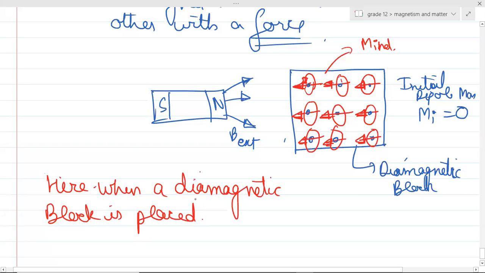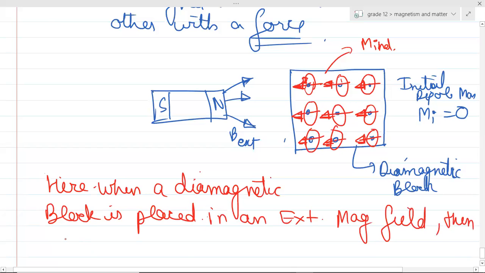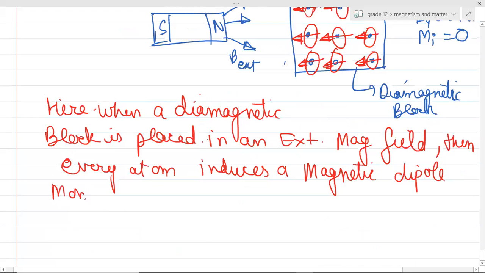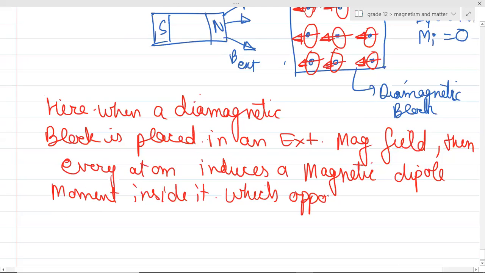So when a diamagnetic block is placed in an external magnetic field, then every atom induces a magnetic dipole which opposes the external magnetic field,